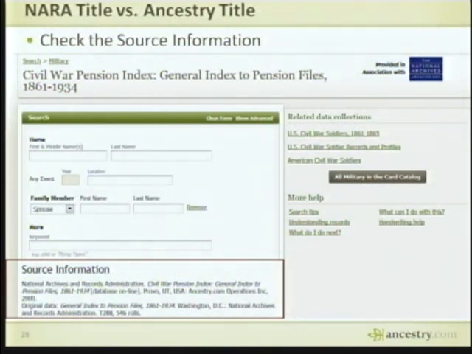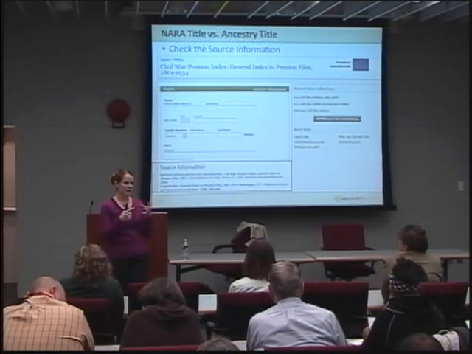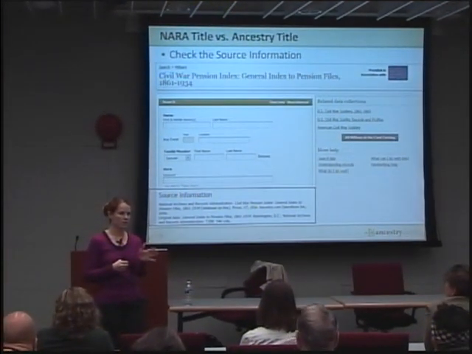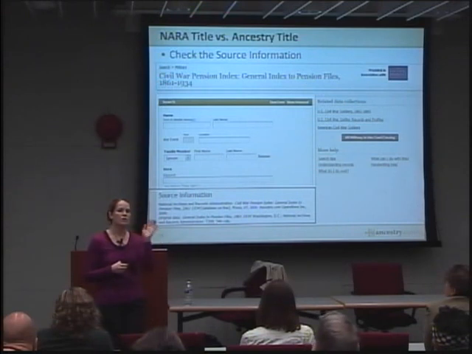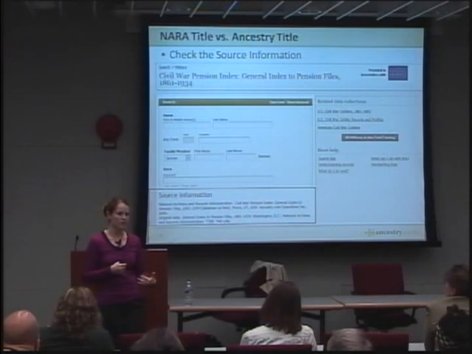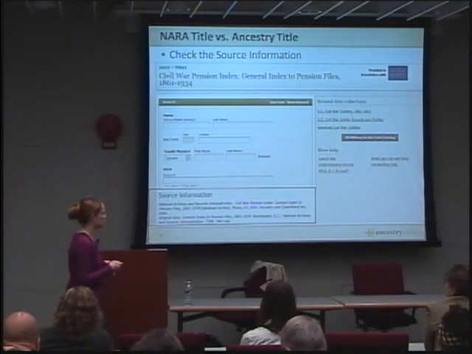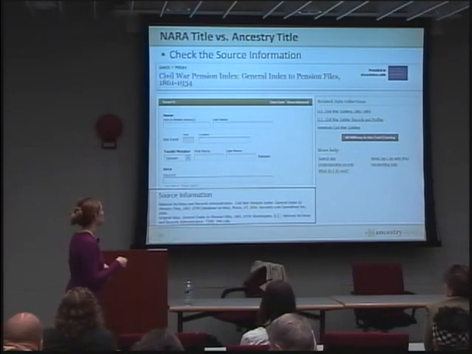One thing to point out on your handout, there are also two other methods to get a complete list. We went through the way where you go to that URL, but to get to that same landing page, you can go through the card catalog, and I have step-by-step instructions on the worksheet. And you can also go to the NARA website and get a listing of all the NARA collections on Ancestry. All that's on the front of your handout, and I'm not going to go through it in the lecture, but it is step-by-step so you can get there yourself. So there are several ways you can see that complete list.